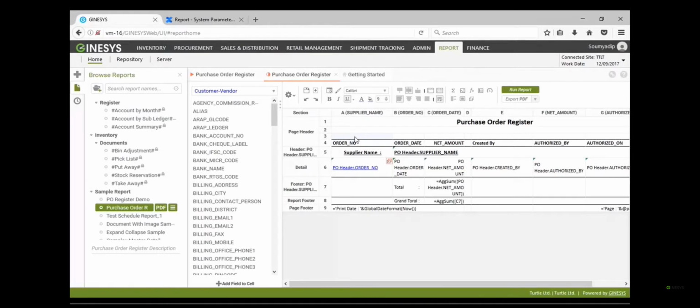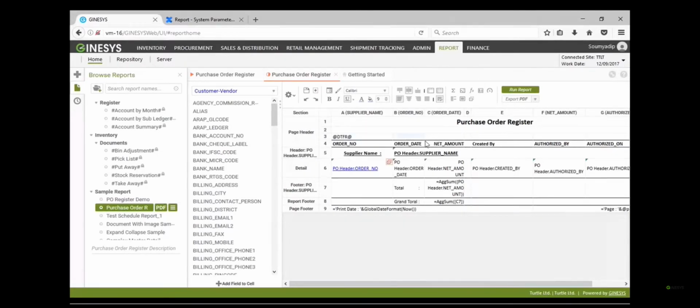So whenever you assign a parameter in report designer, you have to start with @, then the parameter name, and end with @. So if I want to show DTFR, then @DTFR@, and here @DT2@, and obviously you should specify the equal to operator because it will return as a function. So here is date from and date to.